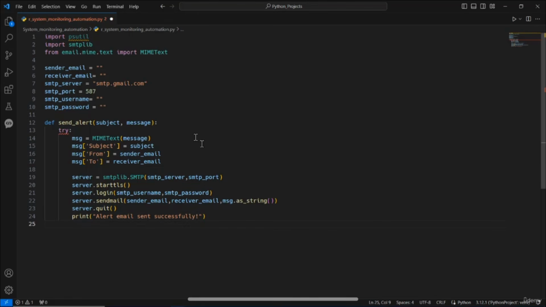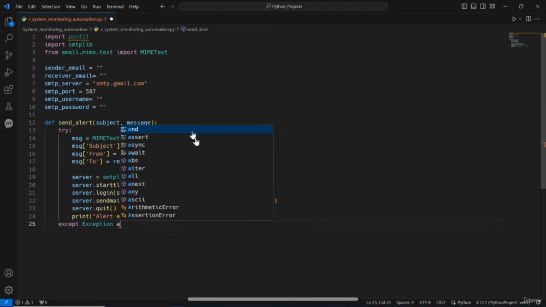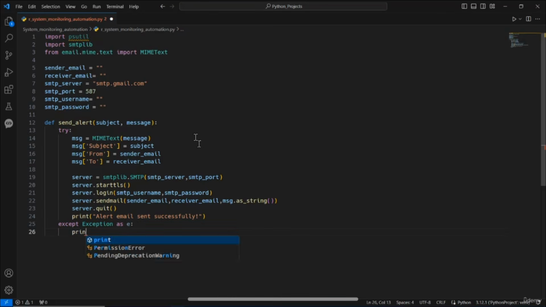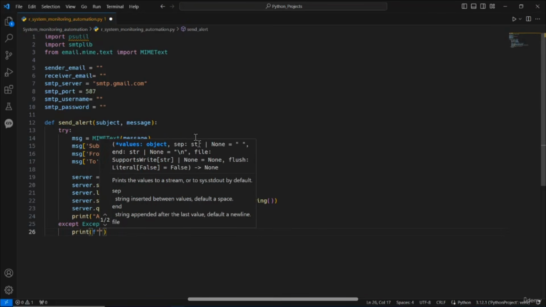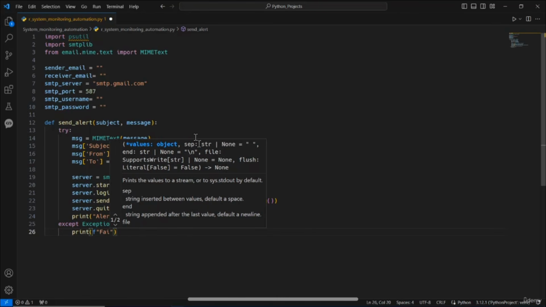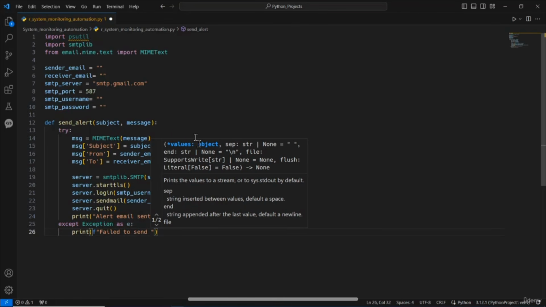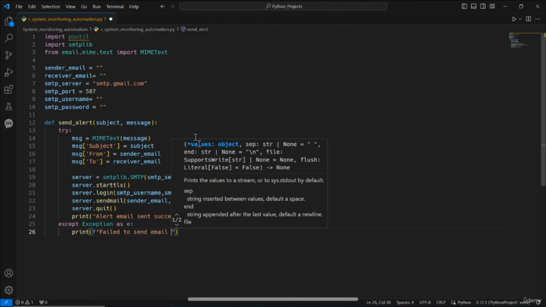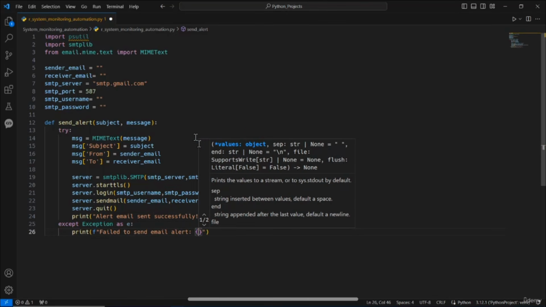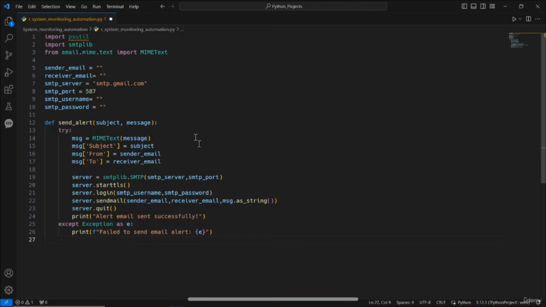Okay, very good. After having this done, it is time to go in exception. So except, we are going to have the exception as e. Very good. Now let's print, and I mean format, this is going to be failed to send email alert, and here we can add the alert so we can see that. Okay, very good. And that is done. It is time to go out of this function